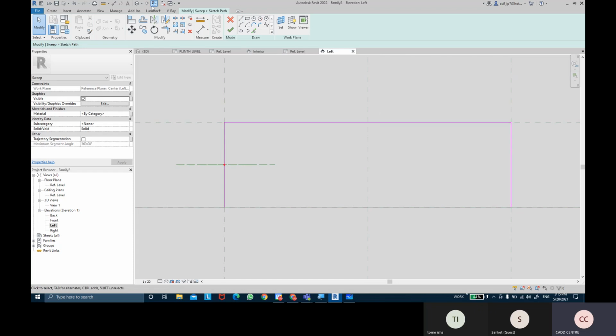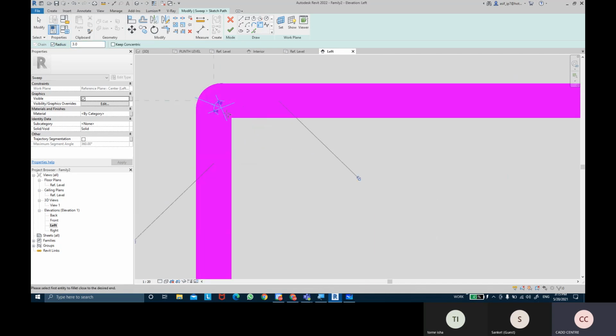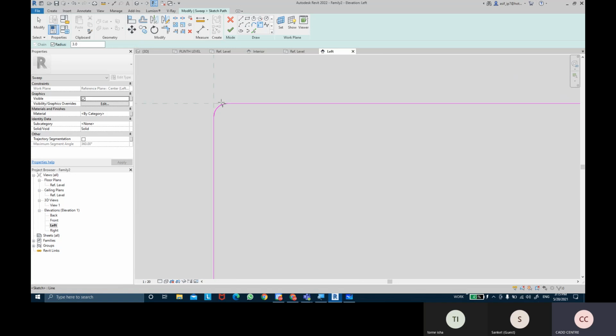So this is my path. And I just wanted to give a little bit of radius to this path as well, so fillet them. I'm going to take the fillet arc command from here, and give a radius of approximately 3 to 5 mm. So let's take a 3 mm bend. You can see a slight bend, a curve, has been formed. And then over here as well.